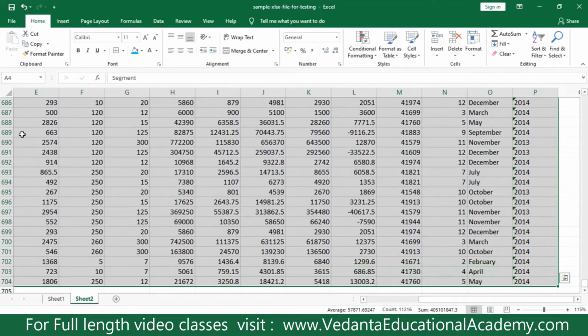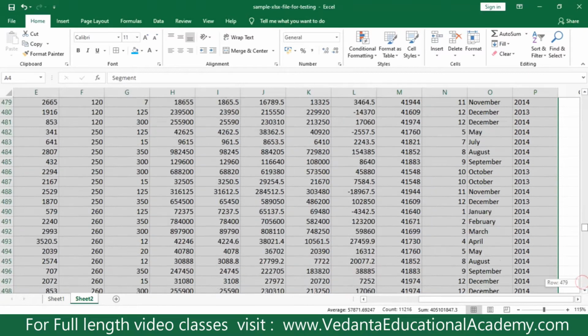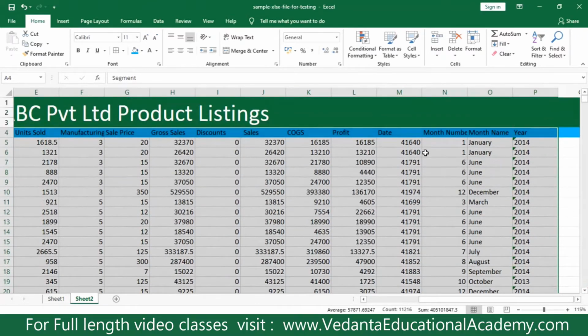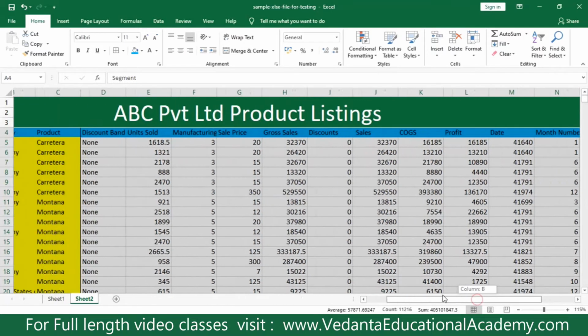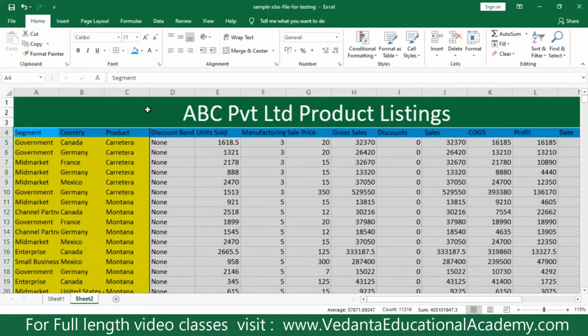Exactly 704 rows are selected, right? So this is the easiest way to select the respective range of data. Now the data has been selected including the column headers. Repeat again, you do not select the titles, but you need to select the headers. Select the header till the end.